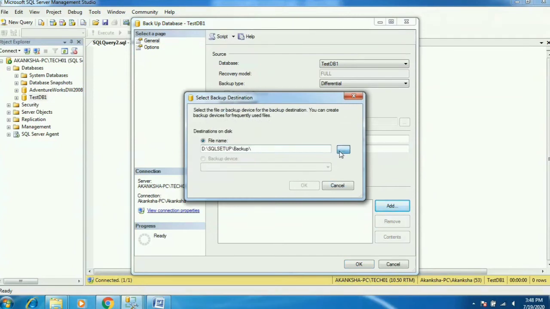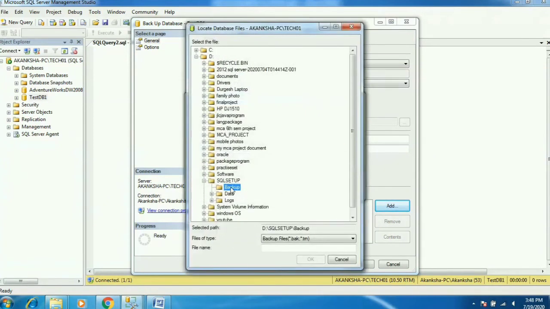You need to give the specific location where you want to keep the backups, as well as the name. The format will follow the same: backup, then underscore, database name, testdb1, then DIFF, which indicates differential backup, and then date and time as well.